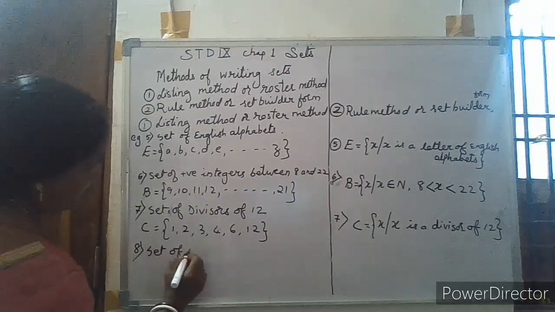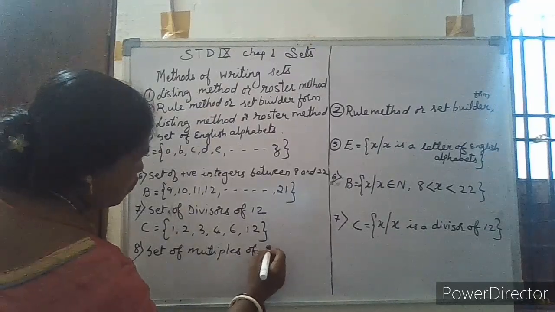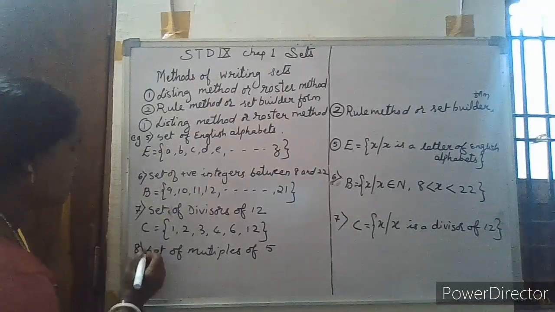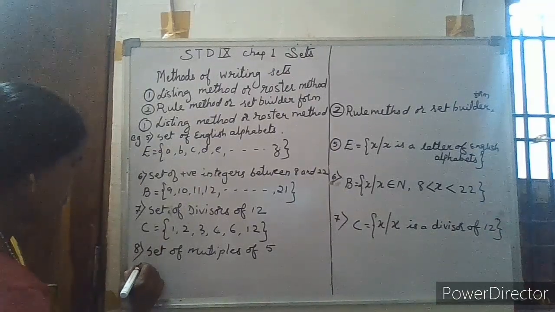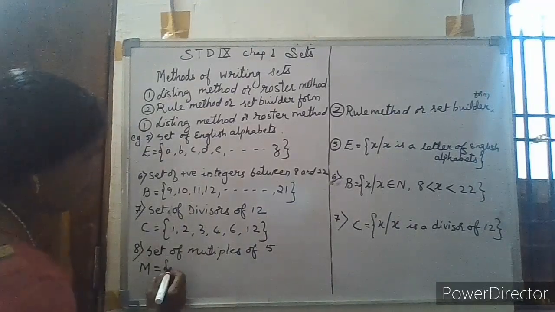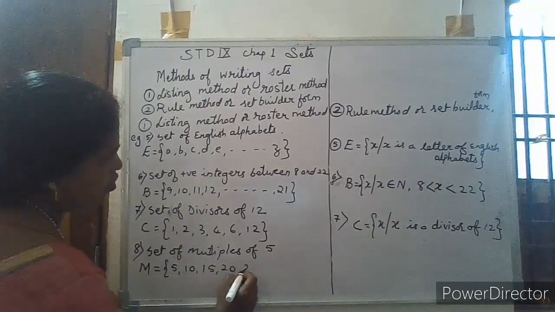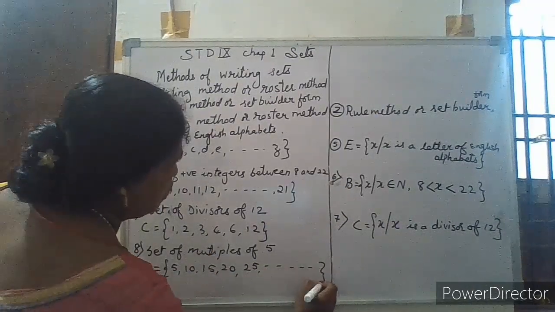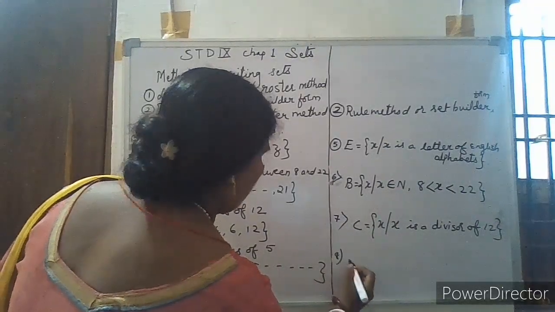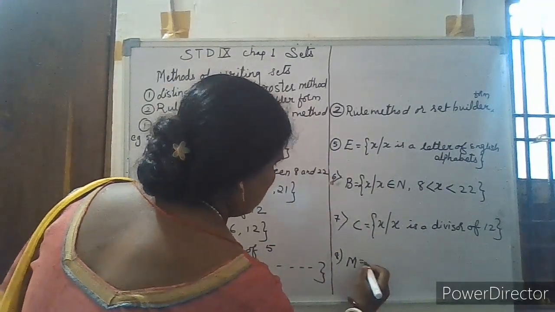Set of multiples of 5. Now, suppose I name it as n. Multiples of 5. We know it is 5, 10, 15, 20, 25 and so on. Infinite elements are there. Now, the same thing when we write it in this second method,